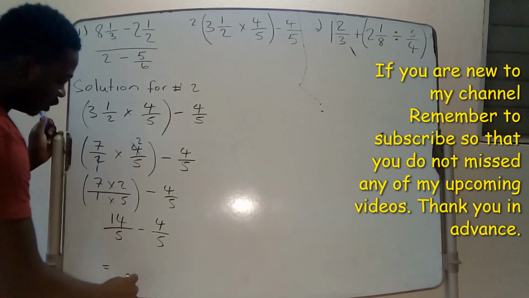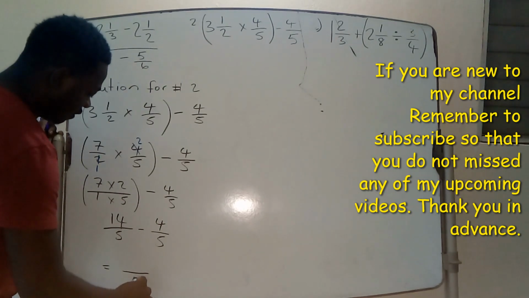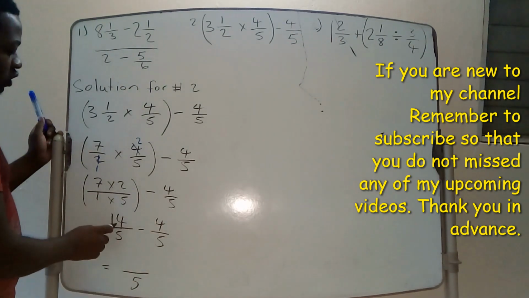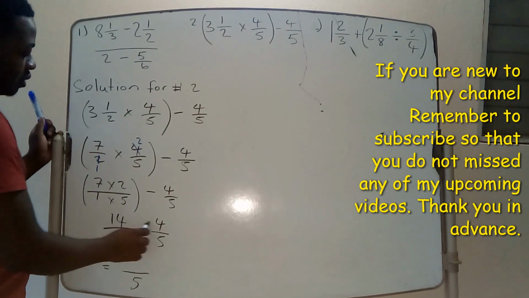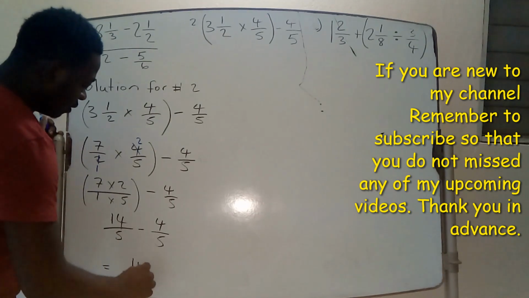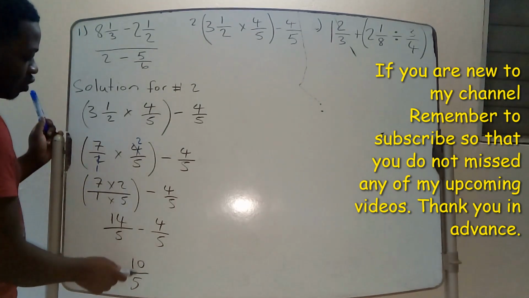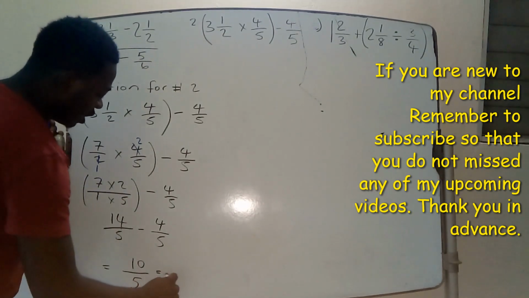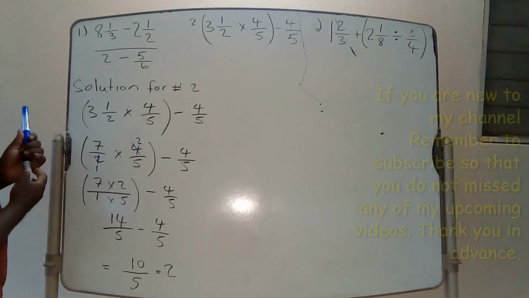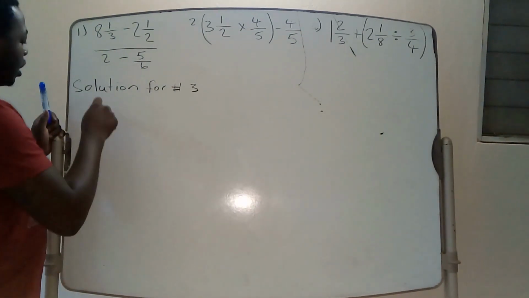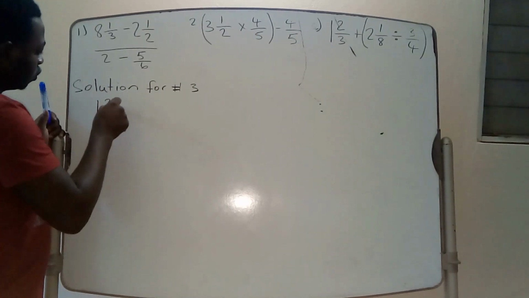So what you're going to do is to keep your denominator of 5, and you're just going to simply subtract your numerators. So 14 minus 4, that leaves you with 10. And 10 over 5 is just the same thing as 2. And you're finished. So number 3, we're given 1 2/3